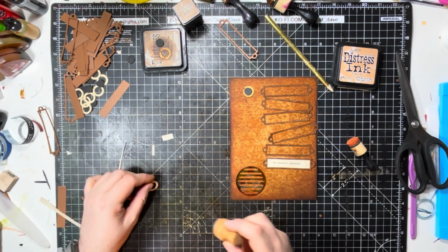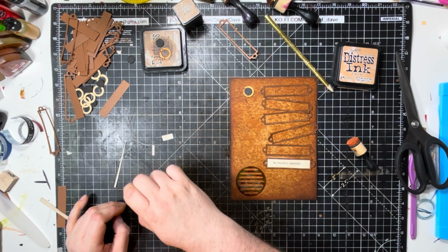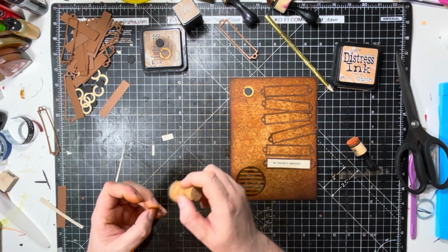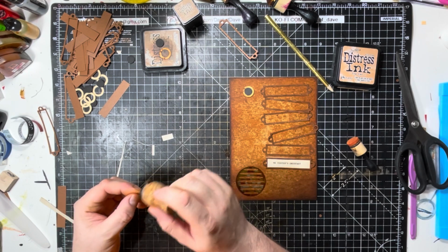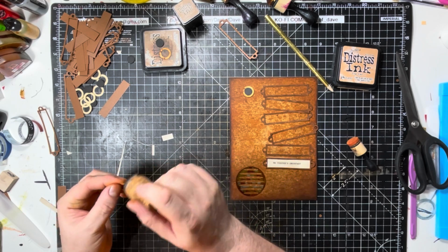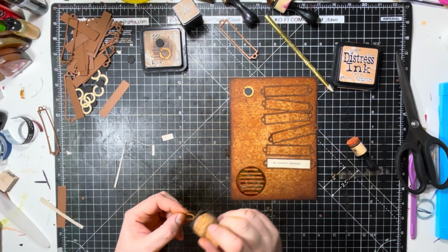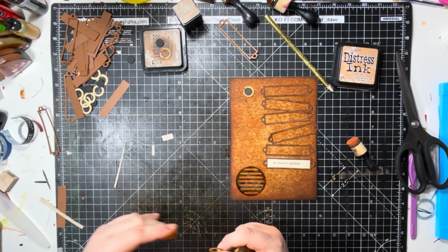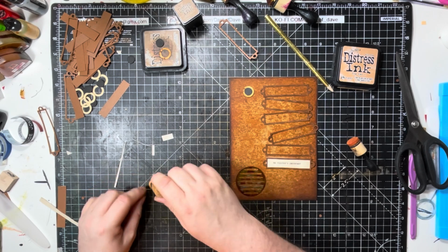So, again, just a bit of random dabbing, and then just inking it over. And then, hopefully it'll all come together and you'll go, oh, I know what he was doing now, if you don't already know. I think I might put something behind there, like maybe a black grill. Sorry, not a grill, a bit of black or something to make it look less like it's just stuck on there and more like it's